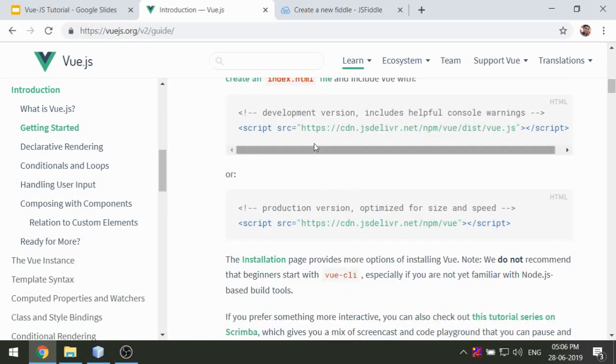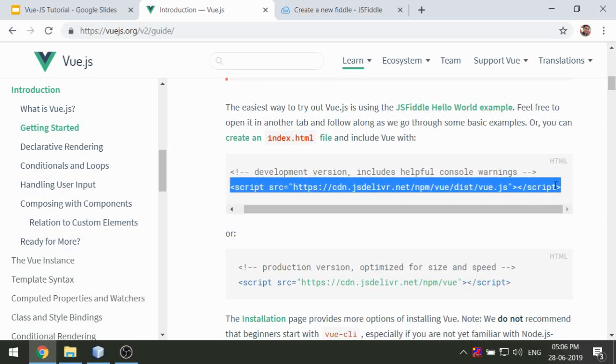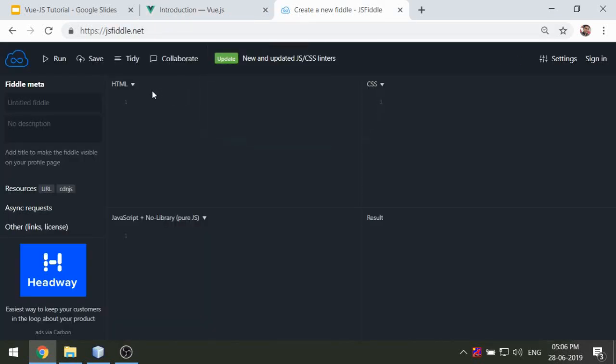So these are the CDN links. You can use the CDN links, or the alternative way is you can download the Vue.js file, and that can be integrated in your project. So let me start from the CDN. Copy this and add it here in this area, and here I'm going to add a div. This is a div I'm going to add here, and I'm going to assign an ID to this div. Let me call it app,